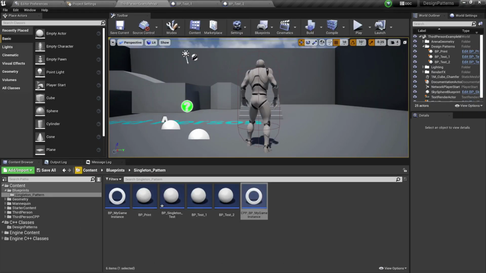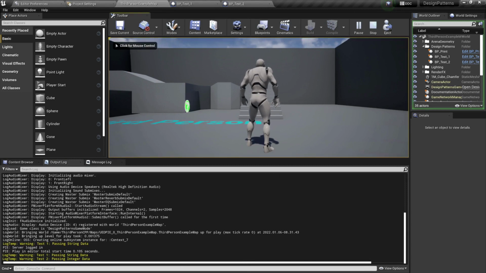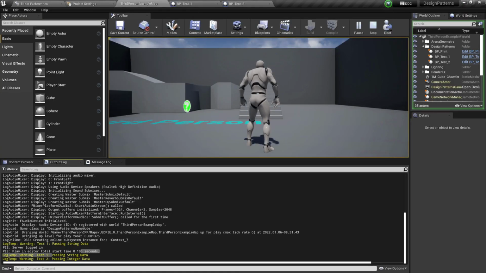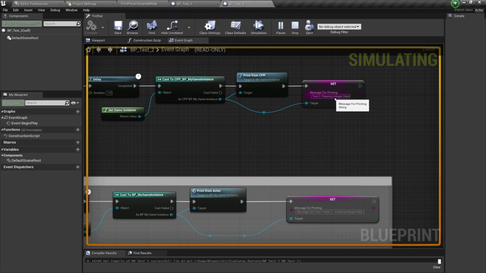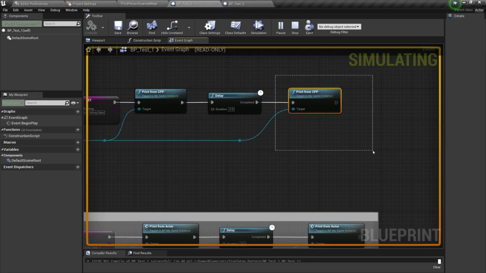So let's see how that looks here in the output log. So I'm going to clear everything. If I hit the play button, we will notice here passing string data, then passing integer data. But over here, notice test 1, which is the initial data that we set. Then we have again printed from test 1, so this one over here is actually called over here. So when we call this print, then it is going to print this right here, but then it will change, you see, test 2 passing integer data, which is this one over here. Look at that. And this right here, the last print, is printed from here, from